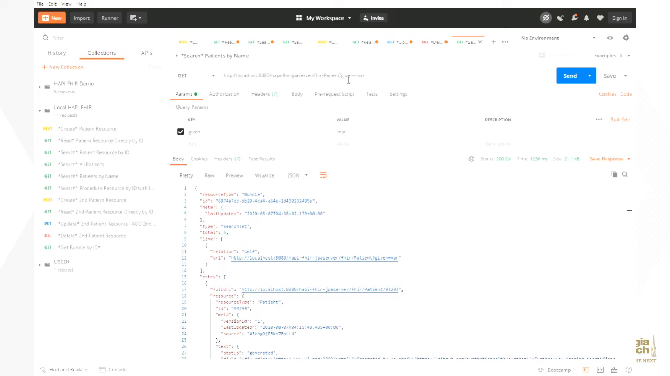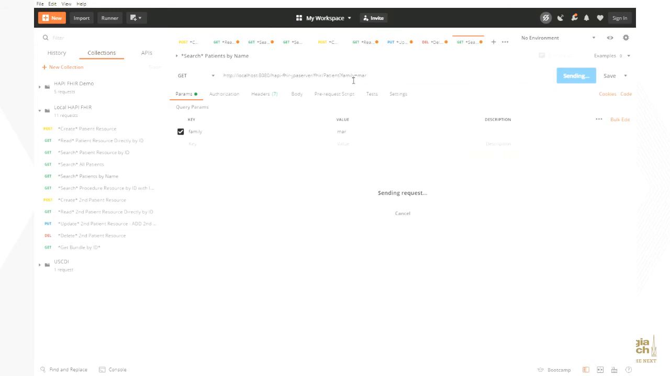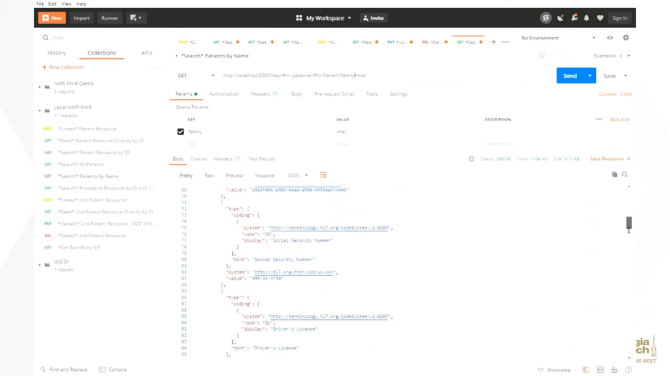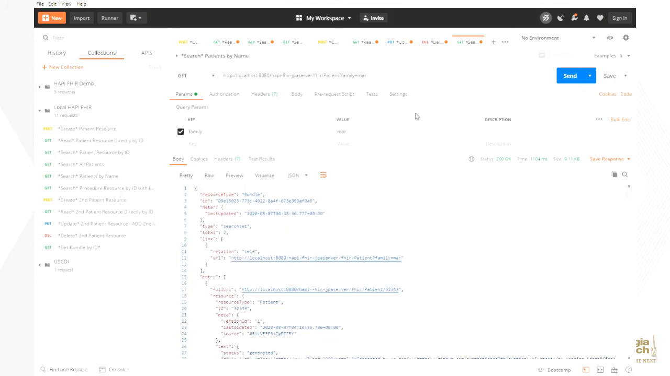And it can be as complex or as simple as you like it to be. And of course, you can search by family. It's going to return patients with mar in the family name. Or you can just search by name,